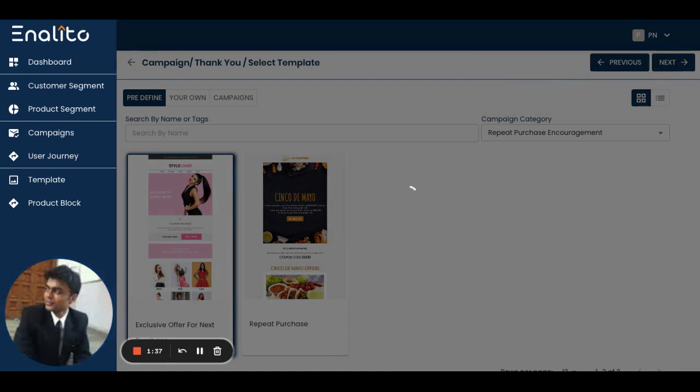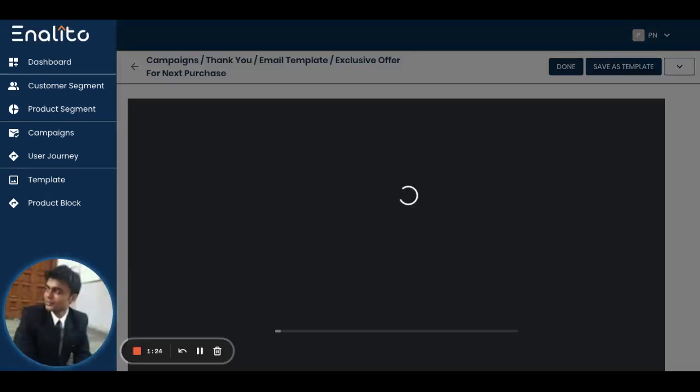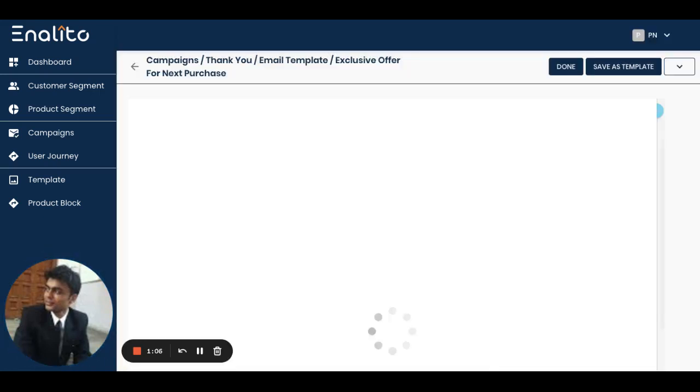And when I go to the next screen, I'll be able to see what template I have chosen. If I want to make any modifications to that template, I can do that. Once everything is checked, I'll go ahead and click on done. And in the last screen, I'll be able to see what segment I have chosen, what products I'm sending, what subject line I have mentioned, what preview text I have mentioned, and I can utilize this pre-built customer segment for